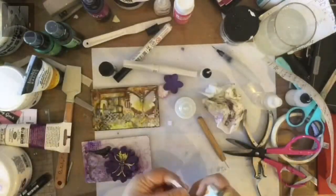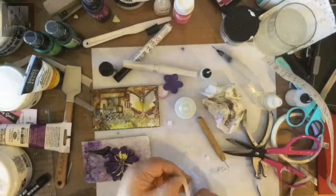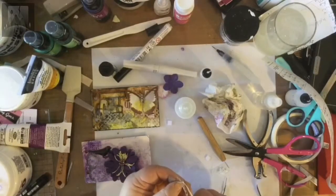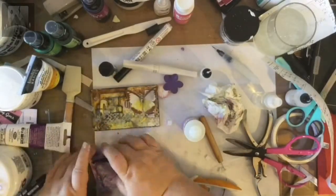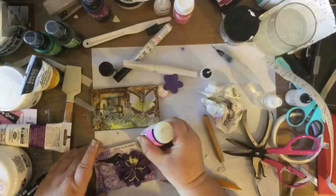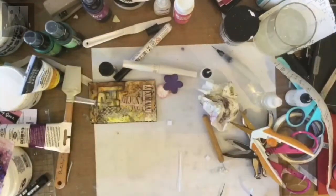So I've cut that out, and I will add that to the top of the page. As you see, that will be added and set down on top. And I actually added the gloss over the top just to highlight it a little bit more. I'll set that aside, and now I'm working on the brown, and